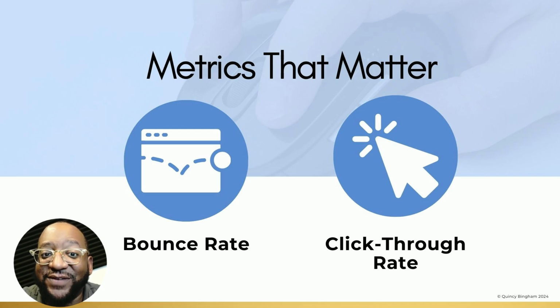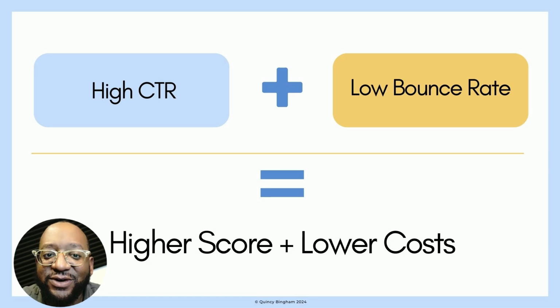working together effectively. A high click through rate paired with a low bounce rate is a clear sign of success. It means your ad is relevant and compelling. Users are clicking through. Once they reach the landing page, they're staying and engaging. This combination boosts your quality score, lowers your cost per click, and helps Google favor your ads in future auctions. When everything aligns, you're not only meeting user expectations, but driving meaningful conversions, which ultimately maximizes the effectiveness of your